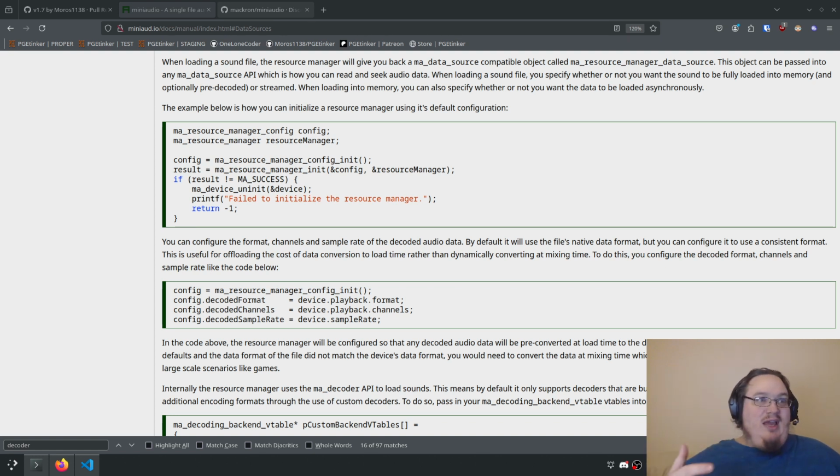According to all of the documentation, I have code that works. According to the person who wrote the library, I have code that works. It doesn't. And quite frankly, I'm not willing to spend however long it's going to take me to do a deep dive into the library itself to track down what the file loader is doing that the data source thing is not doing, to find out how to get this to work with what we need to do.